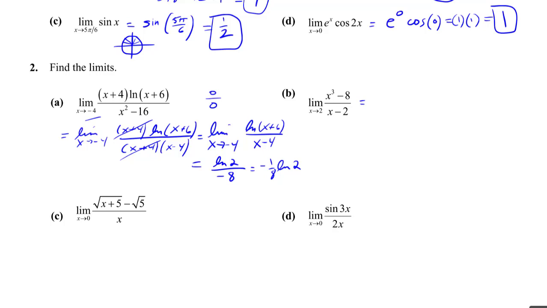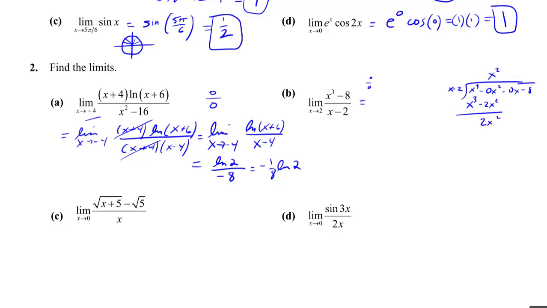So B here. All right, limit as x approaches 2 of x cubed minus 8 over x minus 2. Initially, I would get 0 over 0 here, and I would need to factor. Now, I don't offhand remember the difference of 2 cubes. So what I would have to do is I would actually have to do a long division here. I'd have to put x minus 2 into x cubed minus 0x squared minus 0x minus 8 and do the long division. So x would need x squared to go into x cubed, multiply that out, x cubed minus 2x squared,